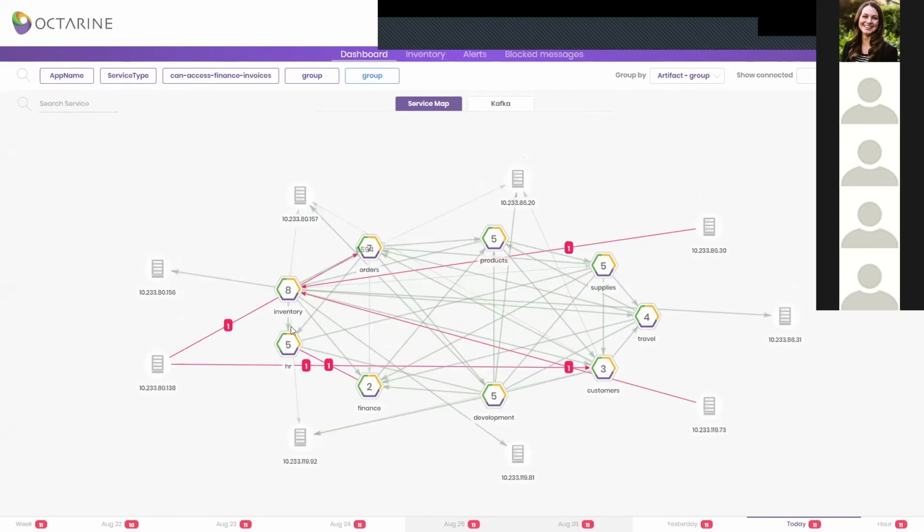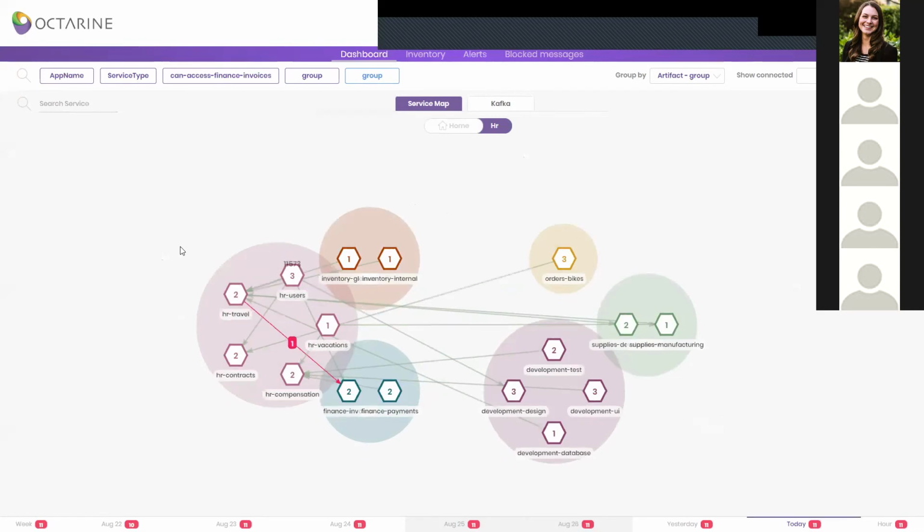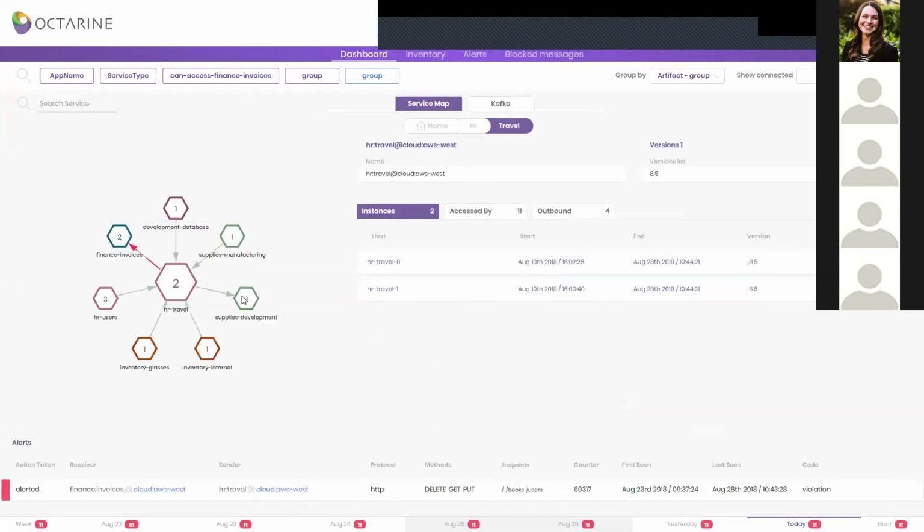So here we see our 9 applications, and we can zoom into a specific application. This one is the HR application. It's built out of 5 microservices. We can see how many instances each one of them has, and we can drill one level deeper into a specific microservice, let's say HR travel.